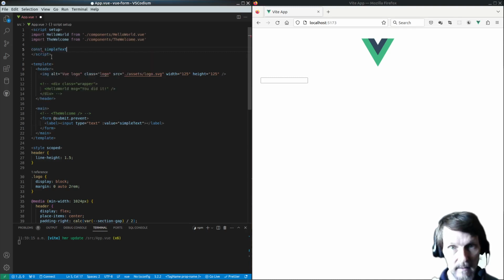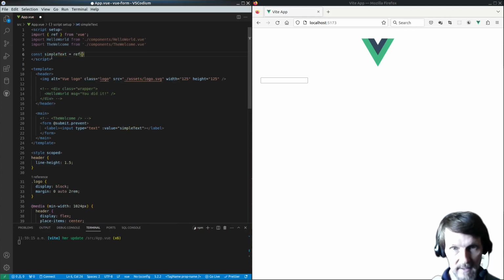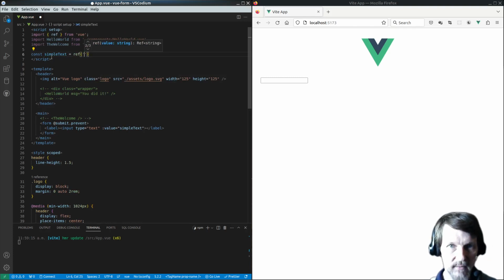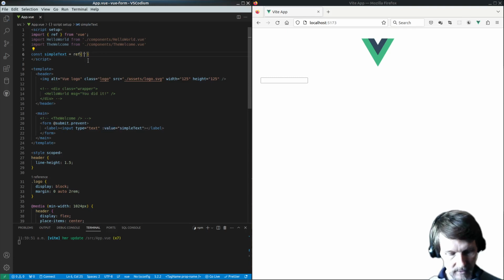There we go. And we'll give it a ref. Now ref is just a way of saying that we want to be able to read and write from this variable. Without a ref, it's pretty much read-only. And you'll notice this import ref from Vue came in. That's something we need, and our editor put in for us. Thank you very much, editor. So I'll just put in a value here, and you can see it shows up. So good. We've got our variable inputting data into our field, but